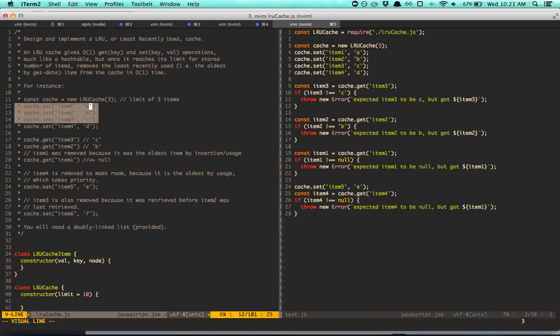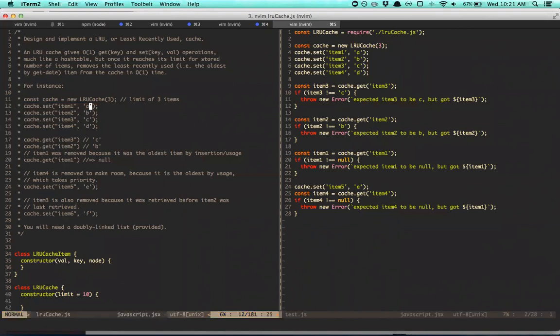Okay, we're doing insertion, not get right now, because we never got these elements, right? Whenever you insert an element or whenever you get an element, both of those update the used timestamp. We've only inserted these elements, so basically C is the newest and A is the oldest in terms of insertion. So when we set item 4 to D, A is the oldest, A is the least recently used, which